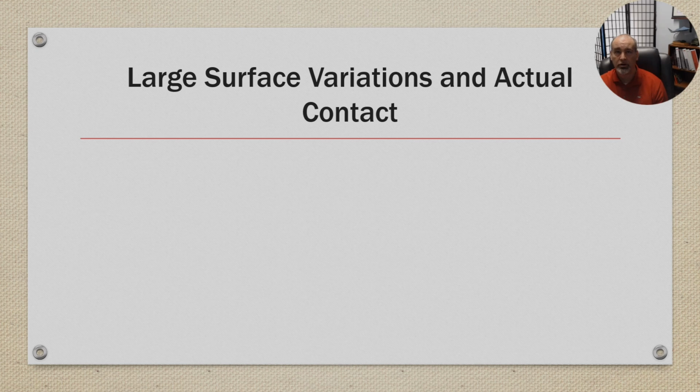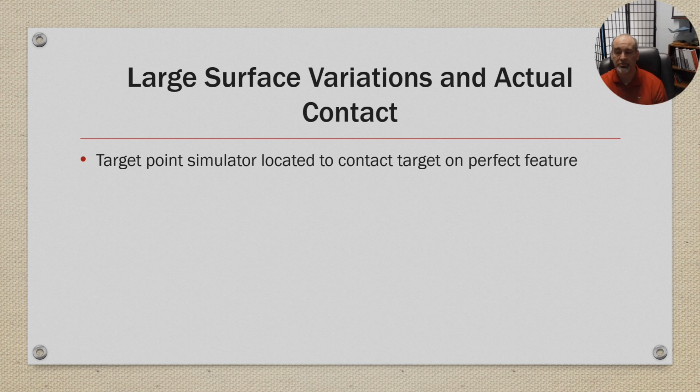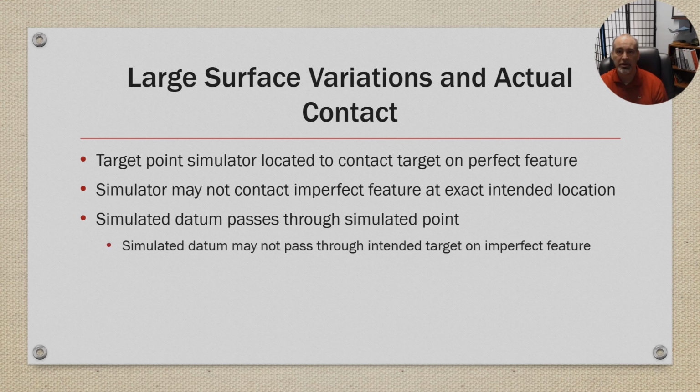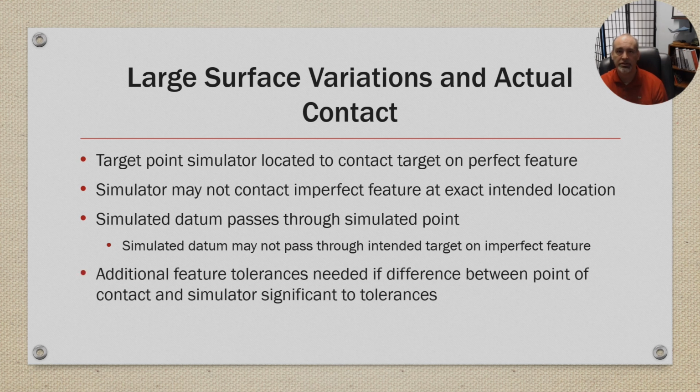Okay, large surface variation in actual contact. Target point simulators are located to contact the target on a perfect feature. A simulator may not contact imperfect features at the exact intended location, and the simulated datum passes through the simulated point. The simulated datum may not pass through the intended target on an imperfect feature. And additional feature tolerance is needed if the difference between the point of contact and the simulator is significant to the